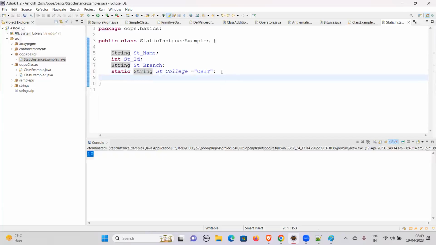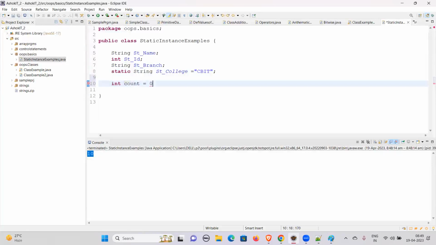Before getting into this, I'll take this counter and create multiple objects on it. Static will not change the behavior for a different set of objects that we are creating for a class. So let me take a count here, count equals 0. Now what I'm going to do is